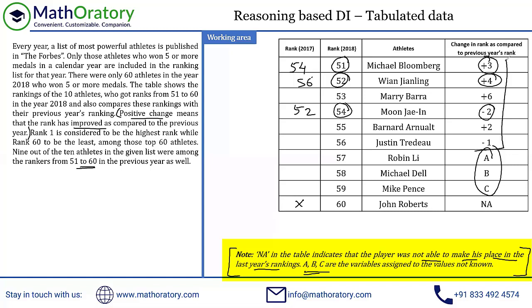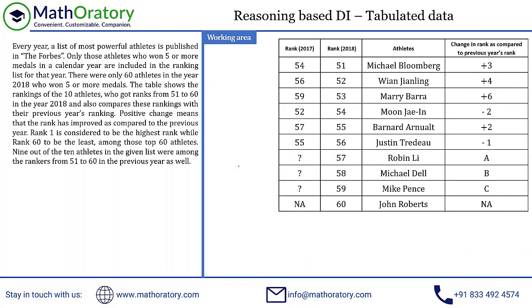So here we know all the changes, but this ABC is unknown to us, and accordingly there should be questions, right? So let me complete this table quickly, and then we'll carry on with the discussion. Okay, so this is what I've done. You can verify with your own working.